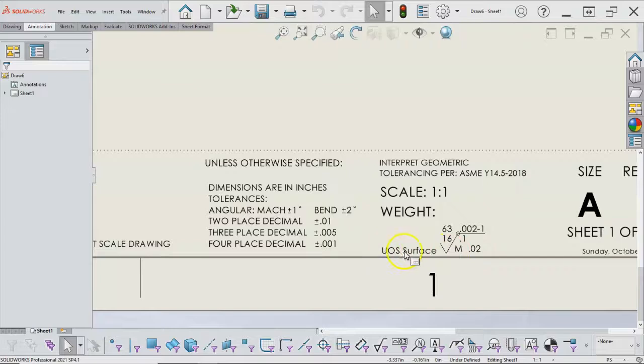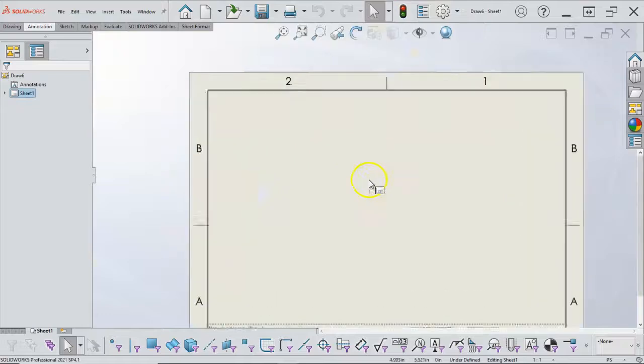Unless otherwise specified, the surface is 63 to 16 microinches all around, and the sample area is 20 thousandths in multiple directions and up to 100 thousandths, so it gives a range. And then the waviness is 2 thousandths per 1 inch. Right, so what that ends up doing, if we want to add that symbol, that went a little too far,